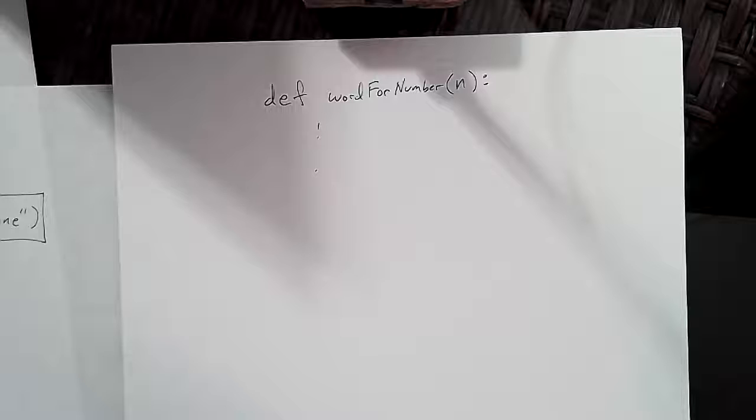And then press the up arrow. I just like to have a little space between this and the other stuff we've done. And then you hit tab to get to where you want to be. Okay, so the idea here is to write a function that will give us the word for any number.